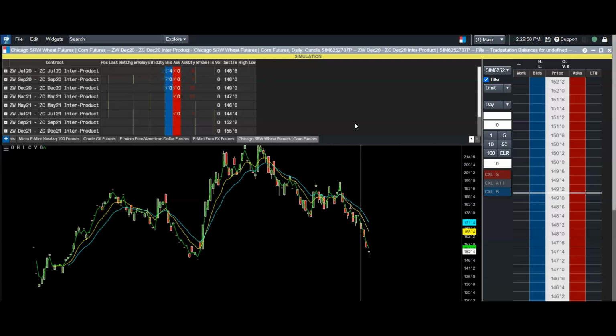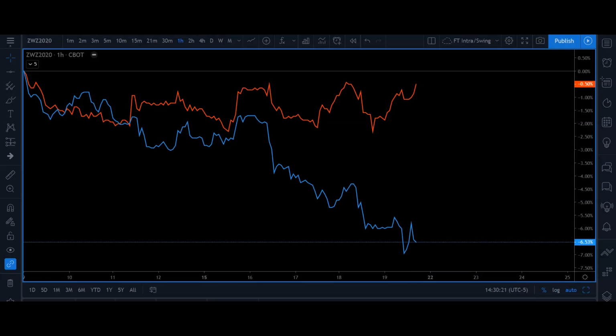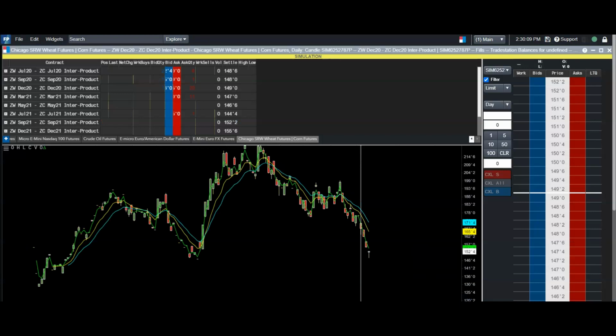I came up with an idea on a spread trade for December wheat, December corn. It's not necessarily a suggested or recommended trade by any of the platforms out there like Season Algo, you've got those other guys. This is more something I built together, putting spreads together on a scanner and looking for things that have really far standard deviations, like above two. Then I'll break it down and look at technical and relativity. So I want to go through that with you guys.